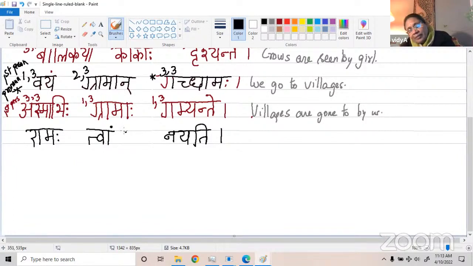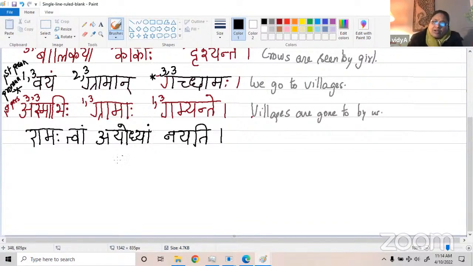Okay. Let me, for the sake of simplicity, say he's taking us to Ayodhya. Okay. Ramaha tvam Ayodhyam nayati. This is going to be a little more